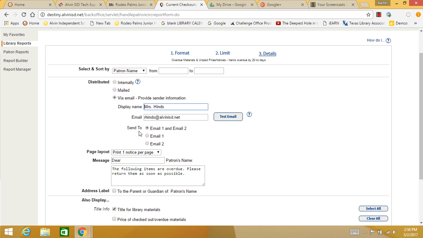I always send to both email 1 and email 2. You might want to do that, especially if you're on a secondary campus. That way that email will go to both the student and his or her parent. You can leave the page layout the same, and I always just leave the message here for the patron's name as just Dear Whomever. And then, of course, this box is where you want to customize whatever it is you're going to be